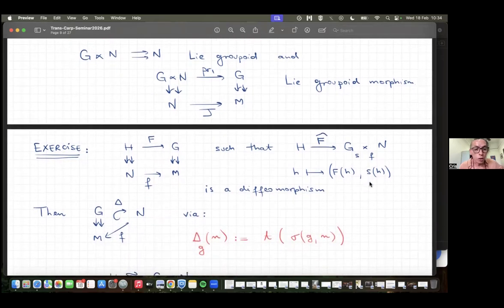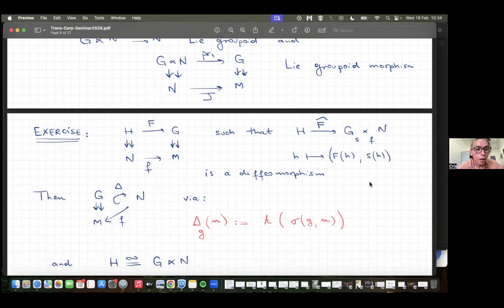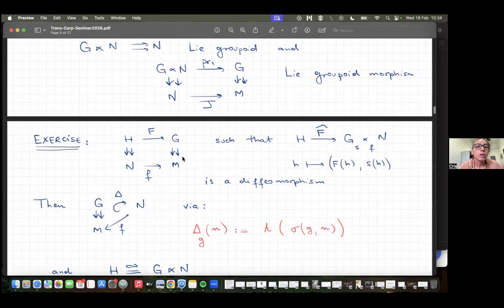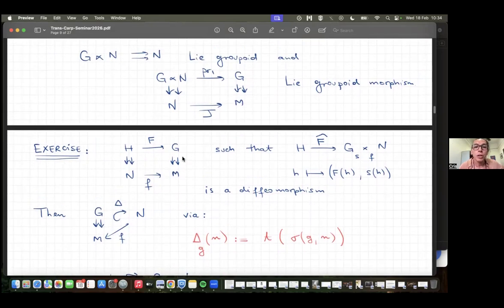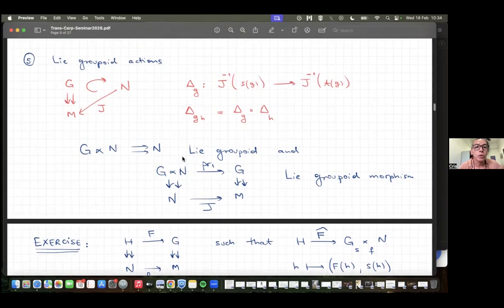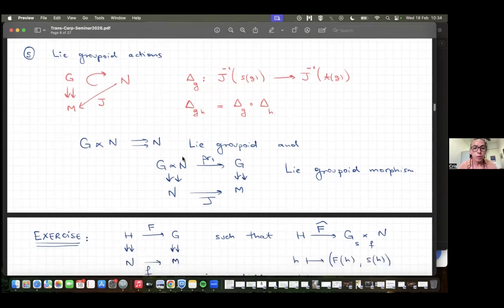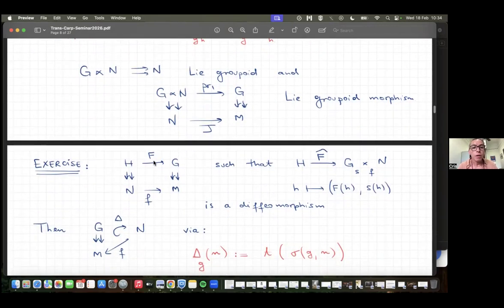I don't know if there are students in the audience, but I put here an exercise, which is a criterion to recognize actions of Lie groupoids on another manifold. So if you have a groupoid morphism F from a groupoid H to G, such that this map F hat is a diffeomorphism, so not a groupoid isomorphism, it's a diffeomorphism,